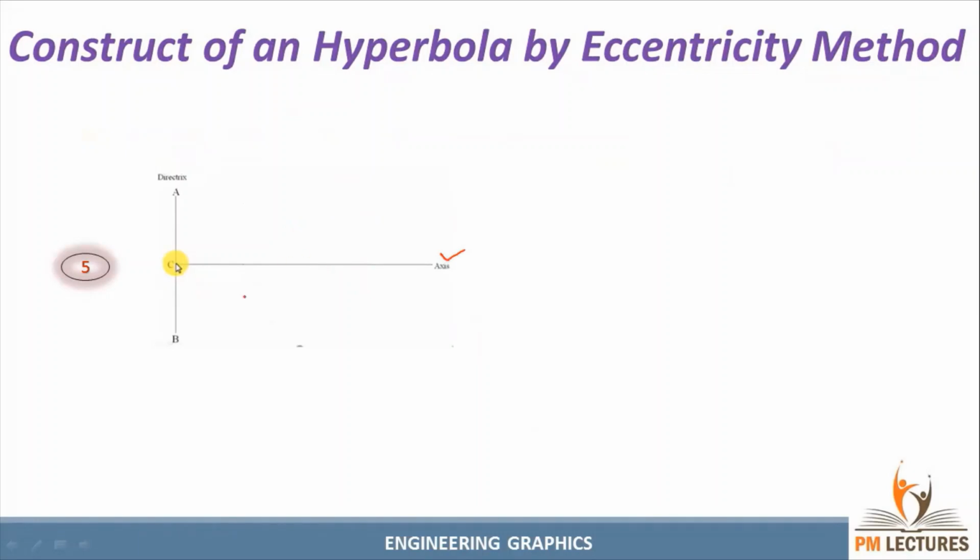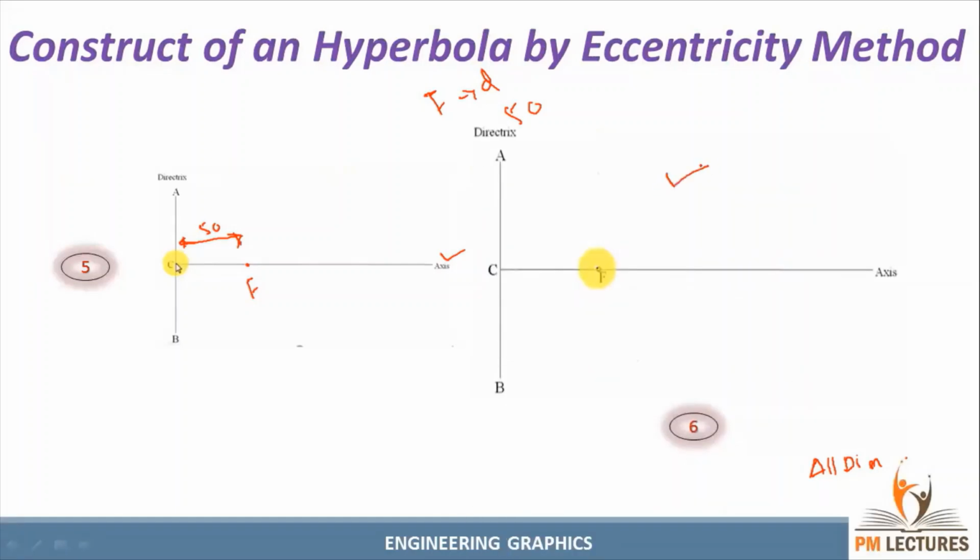After this step, you need to find the focus point on the horizontal line from the information given in the question. For this question, they have clearly given that the distance between the focus and the directrix is 50. So 50 mm from the point C, we mark a point and name it F. The distance is 50 mm. We can mention it like this, but don't put units everywhere. The units can be mentioned in the right side corner, like all dimensions are in mm. After marking the focus point, it will look like this.